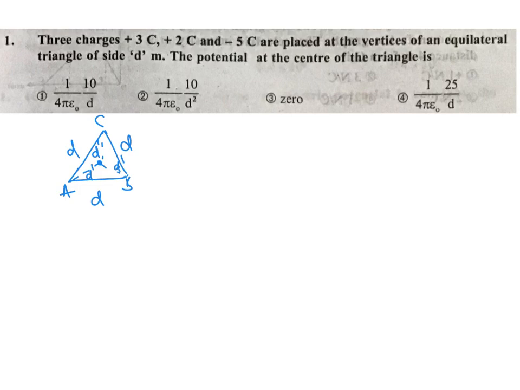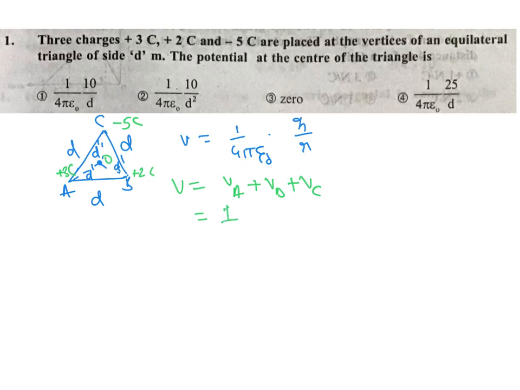Okay, at that time, the potential V is equal to 1 by 4 pi epsilon naught into charge divided by the distance R. This is what we have studied, right? So now we have the three charges: plus 3 coulomb, here plus 2 coulomb, and here minus 5 coulomb. This is the superposition of the electric charges. So V must be equal to VA plus VB plus VC. As it is the centroid O, we need to add them algebraically, because the potential is a scalar quantity, correct? Let me use scalar addition for this one.